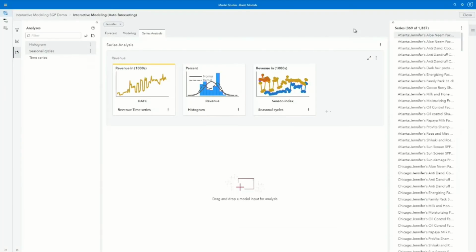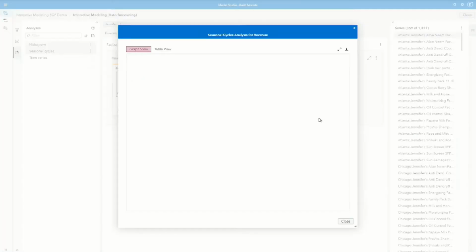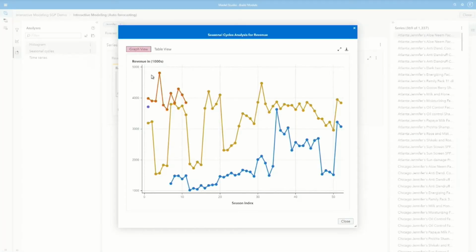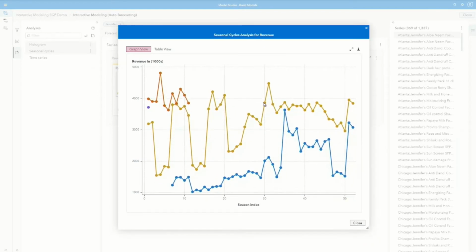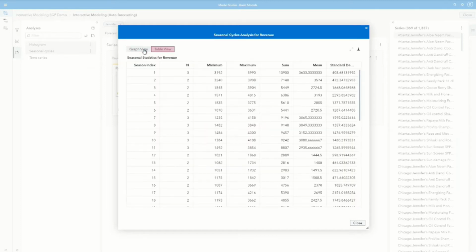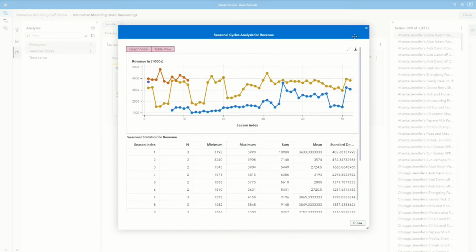So let me close this one. And then on the other, for each of the analyses that I've added, I also have the ability to view that in details as well. So here I get a larger view of the graph. These are resizable just by dragging on the end. So it comes up with a default size, but if you want to enlarge it, you can. And then it's just like the other view, I have the table view, and I can toggle them on and off, and then I can also download.